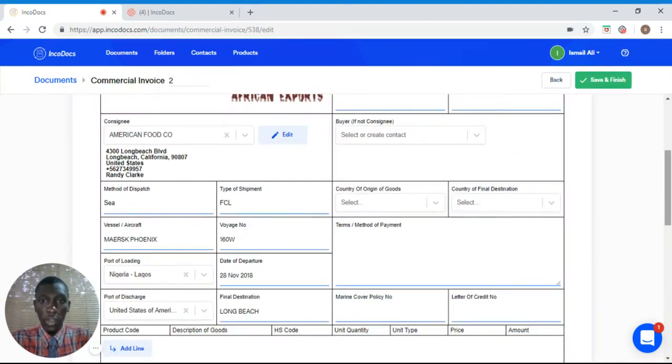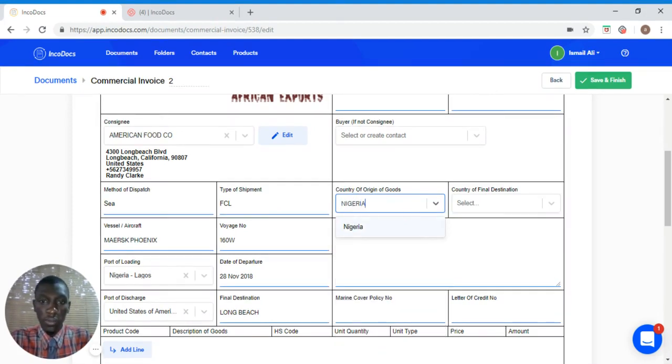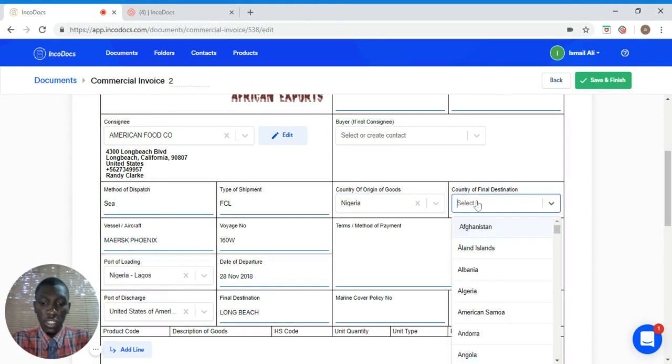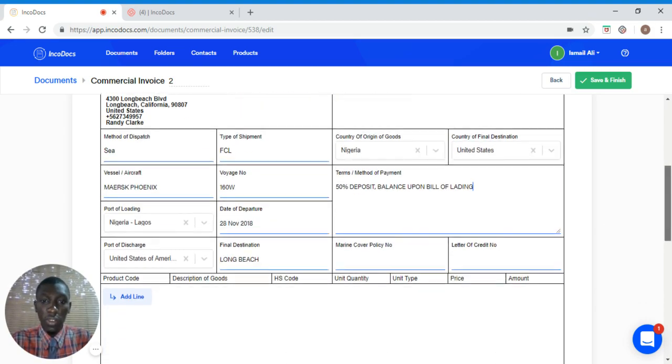I'll just keep them for now. Country of origin of goods, that's Nigeria. The country of final destination is the United States. Now for the method of payment, let's say 50% deposit, balance upon bill of lading.